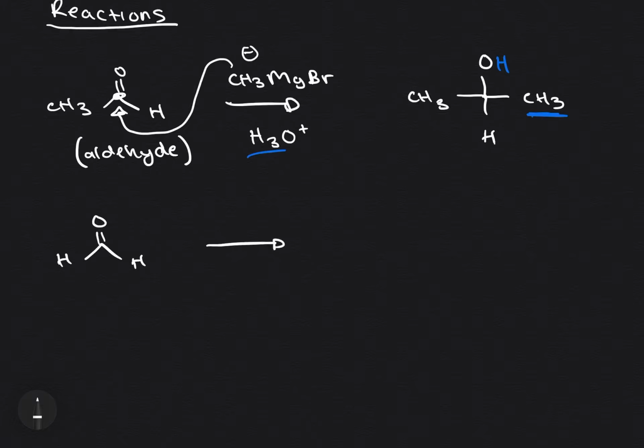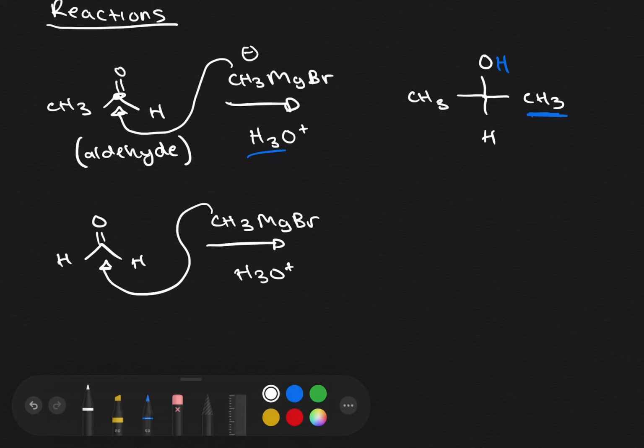formaldehyde, if we're adding, say, the same Grignard, then H3O plus, that's going to add on there. That would now, since there's no other carbons on there, give us a primary alcohol. It would just look like